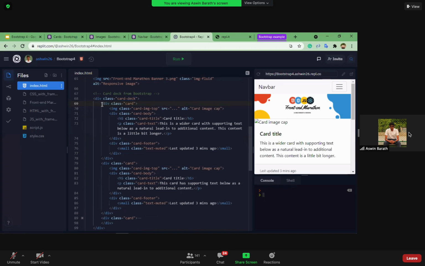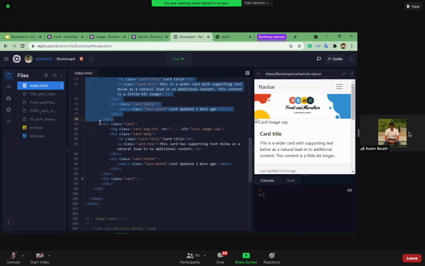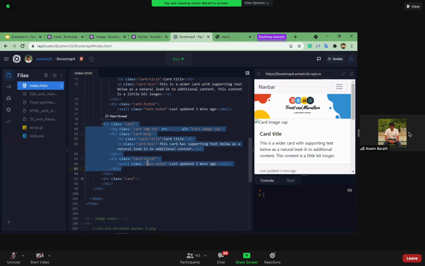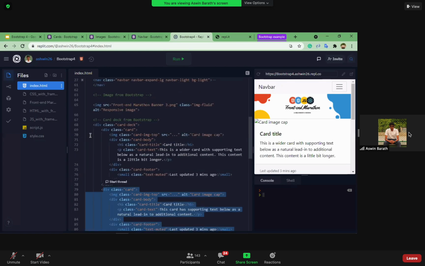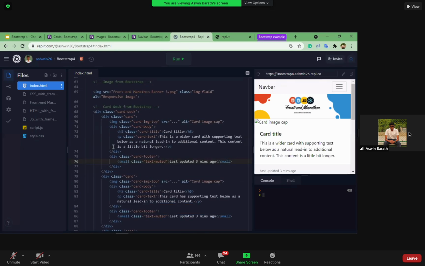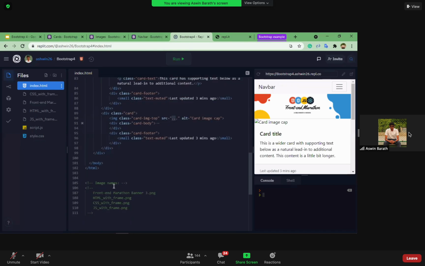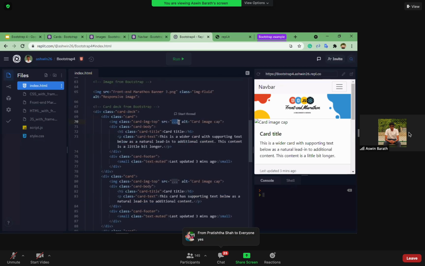As you can see, we have 3 cards over here, 1, 2, and 3. Let's add some images into these 3 of them. As we discussed earlier, we will be adding the image using this SRC. I've already uploaded a total of 4 images.